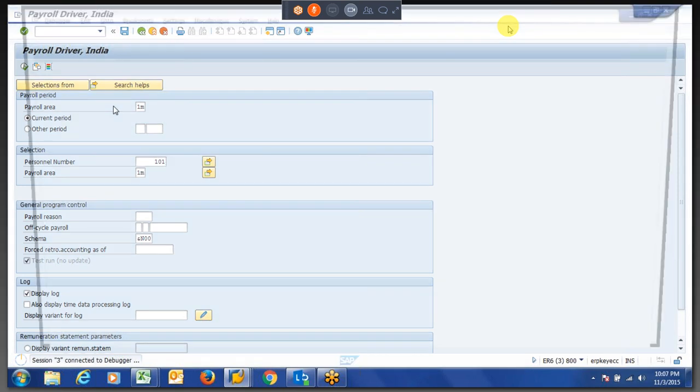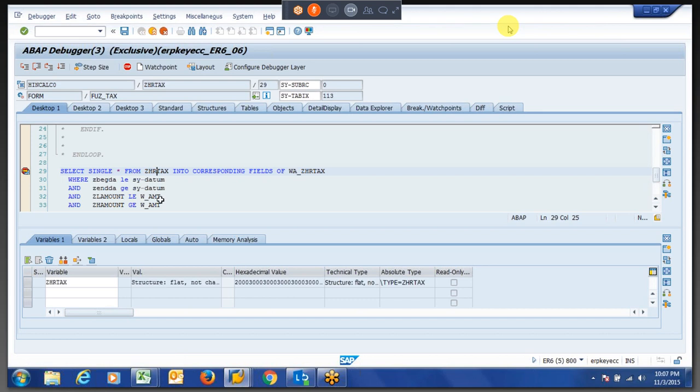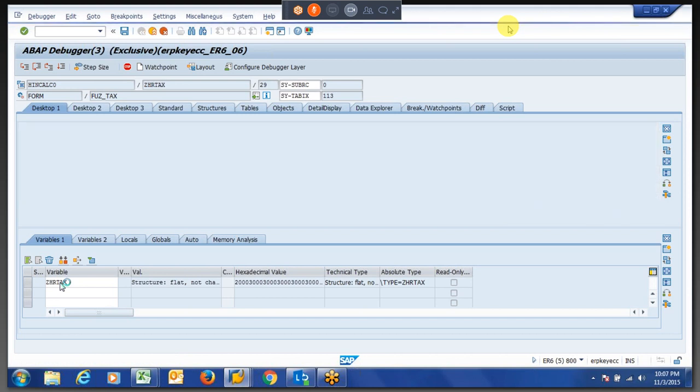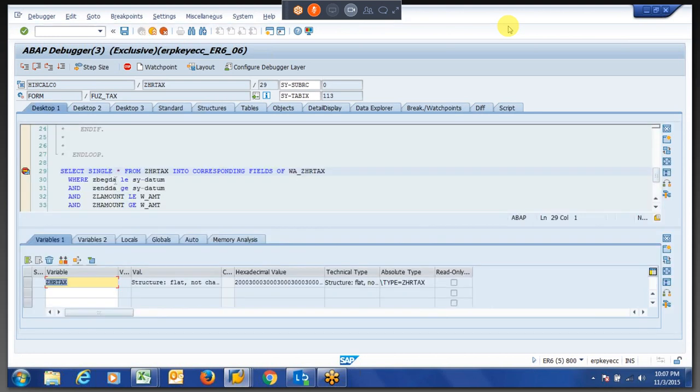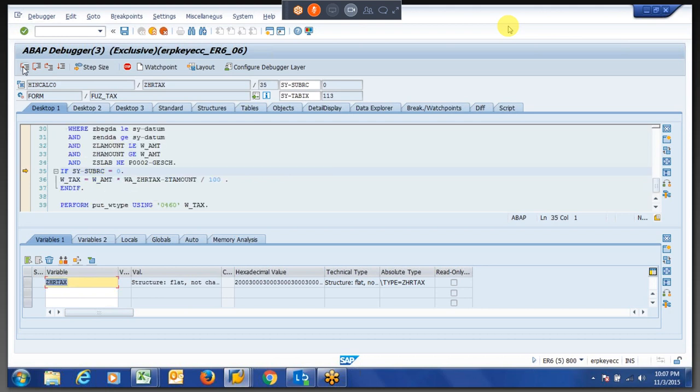So let us say if you click on the table, you can see what values are stored here. As of now, nothing was there. If I press F5, you can see here. So I think somehow it is not reading anything.